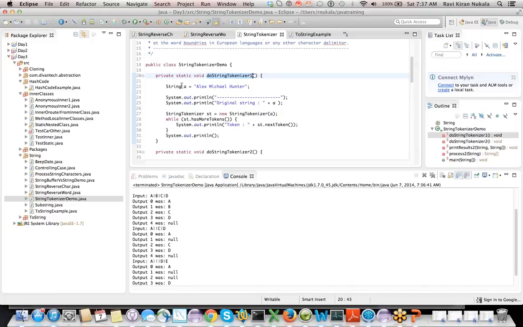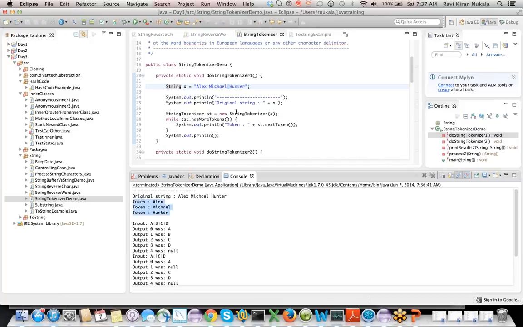So it goes to this method. The string that we have here is this one, right? So it printed out this line first, and then the original string, whatever string you passed in, is printed out. Then you have string tokenizer and st.hasMoreTokens. Here the token that it considered by default is space. If you did not specify anything, the token that it considered is the space. That's why we got 3 tokens out of this. The delimiter here is called space. Fine, it printed out all those.